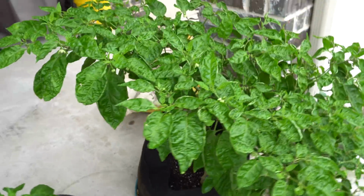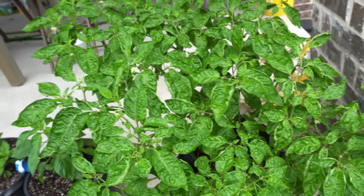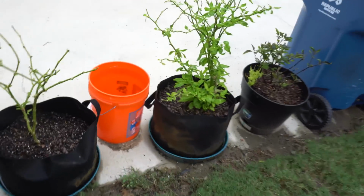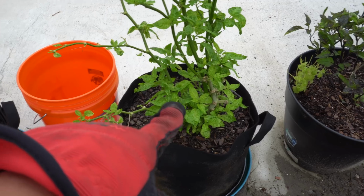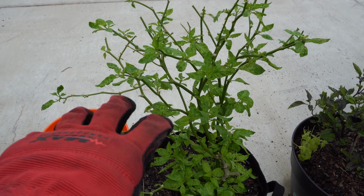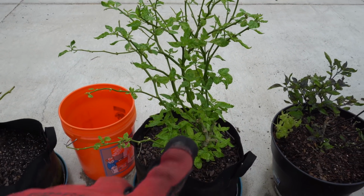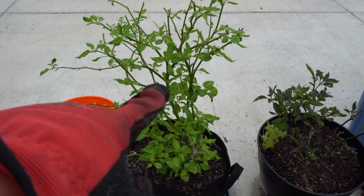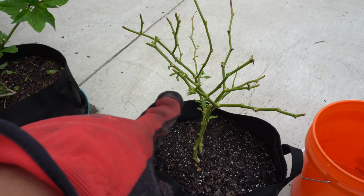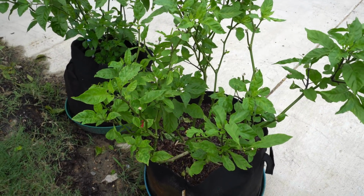And then my lemon starburst. This is a propagated lemon starburst. And this plant actually came from this guy here, which is a full plant. I stripped the entire plant down because it had aphids and mites and all that stuff, and now it's starting to come back. I think it took about 14 days for it to come back. I stripped it like that, and I stripped this one too. This is a reaper,